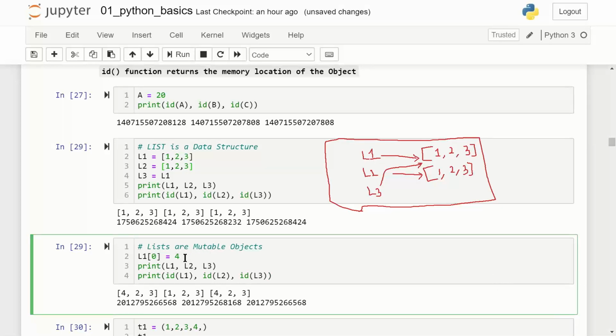Now in this part of the syntax, I'm saying L1[0]. What is 0? Index position. At the first element position, that is represented by index 0, I am changing the value to 4. So what I am doing is L1[0] is equal to 4. I am changing this to 4. The moment I change the first index value of list L1 to 4,